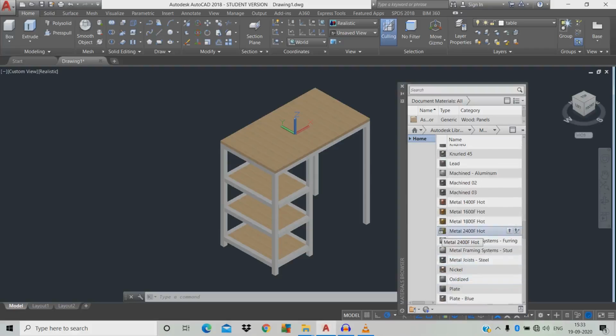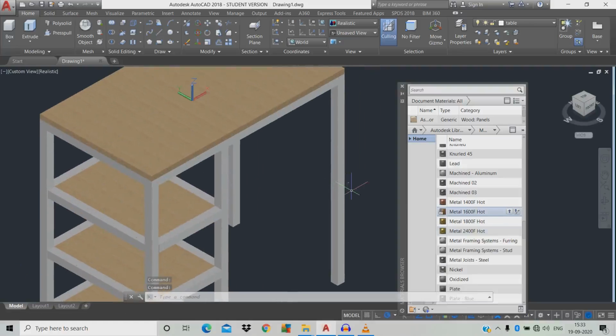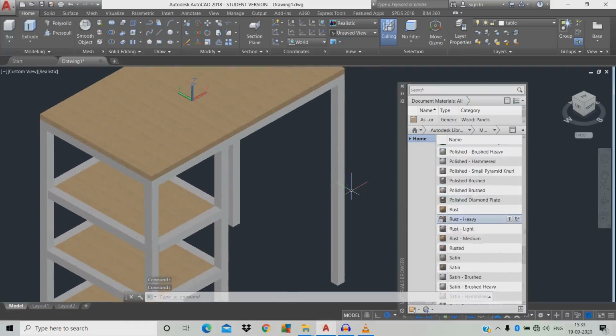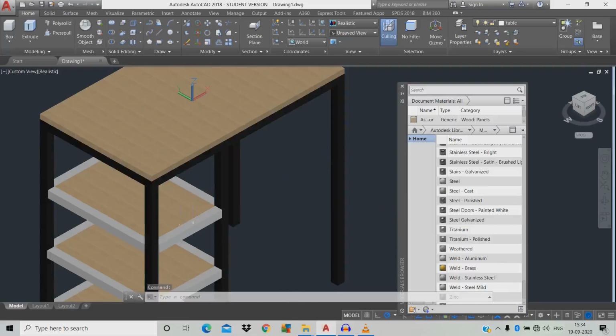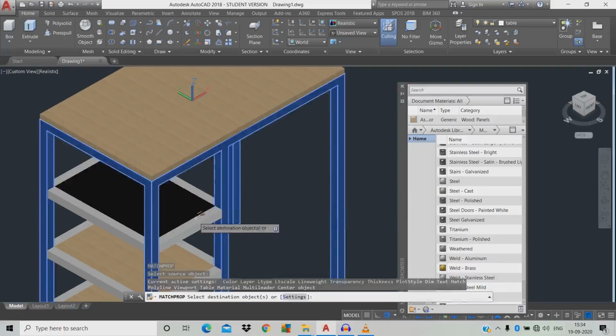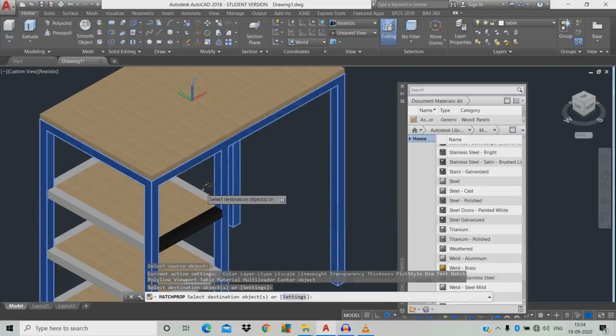metal 2400F hot. Okay, just press it over here and leave it towards here. Just zoom in. We're going to use stainless steel material. MA space, click the object, just click it over here.